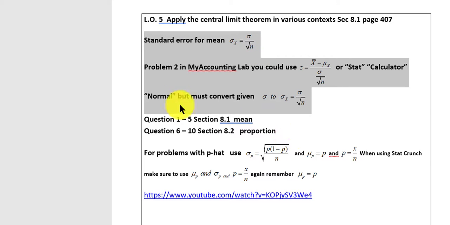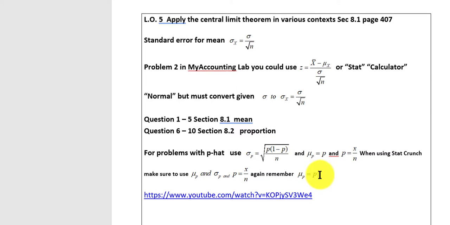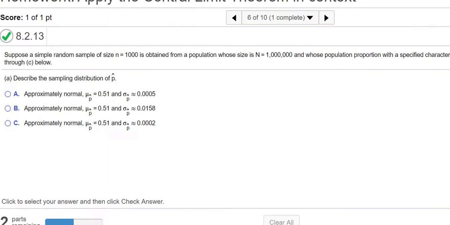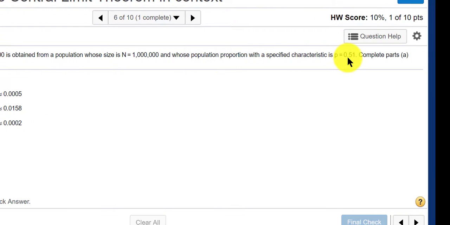Okay, so for question number 6, the problem that we're looking at deals with the proportion, so I'm going to be concerned with these formulas down here. Okay, and I'm going to really use StatCrunch to do most of the heavy lifting. Okay, so the first question says, describe the sampling distribution of p hat. So p hat equals p, so